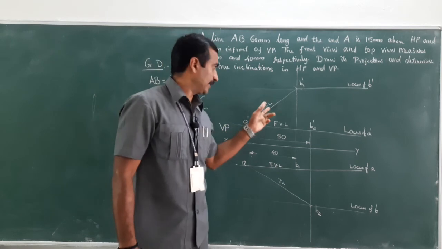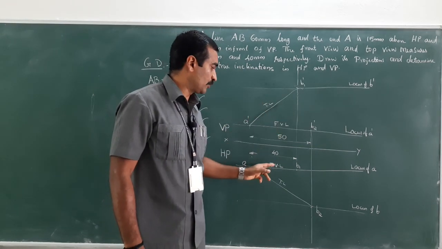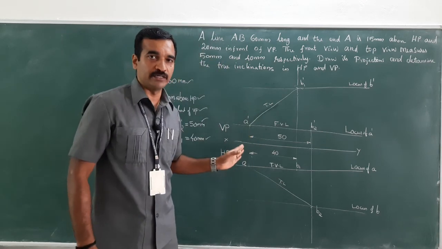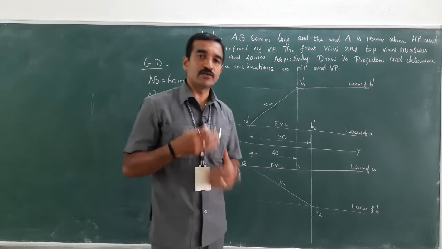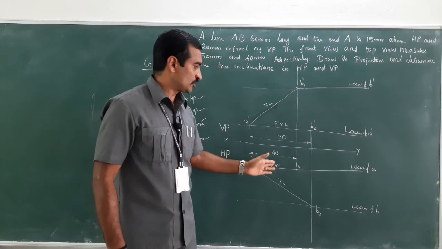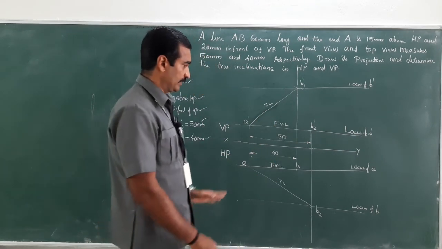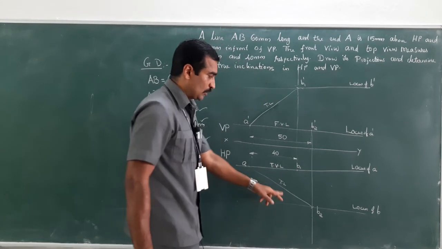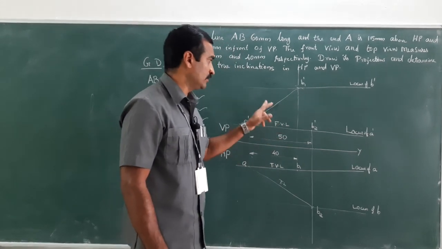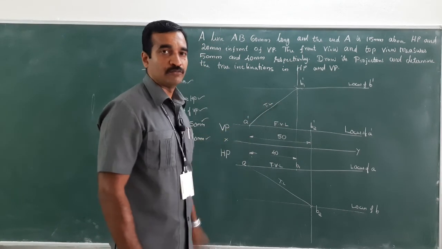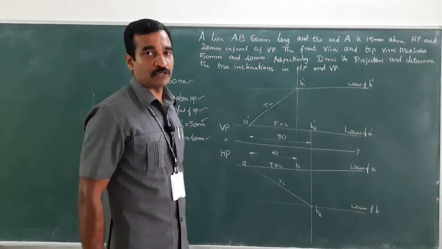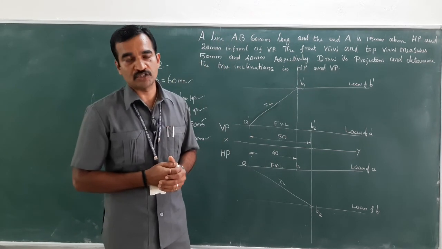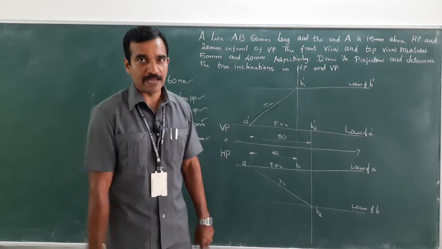You need not write true length, front view length, top view length, true length. This is for your understanding only; you need not mention all such things for the exam or for practice. I have completed the true length, top view length, front view length, and true length in the front view. Now what is left out? What method do we implement for projection of a straight line? It is the rotating line method.